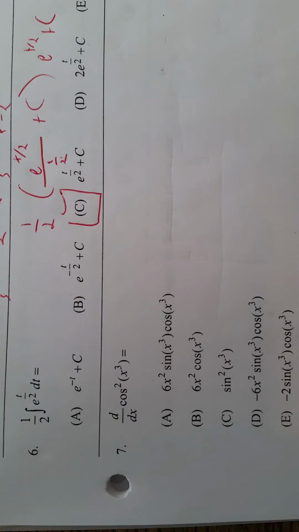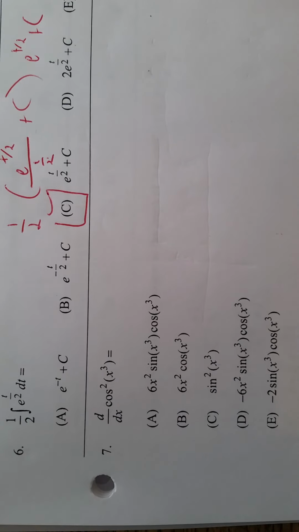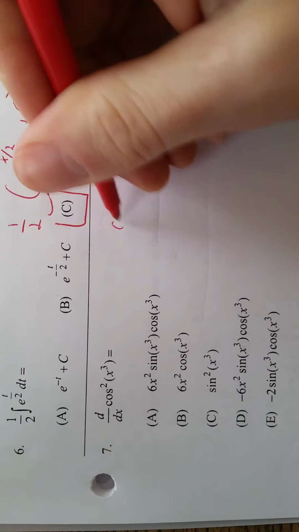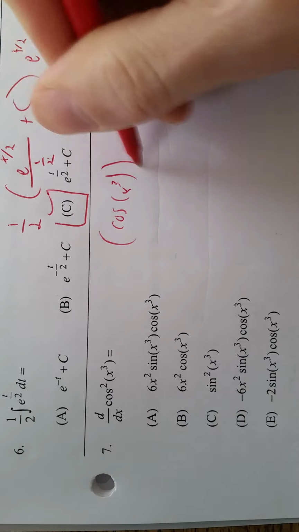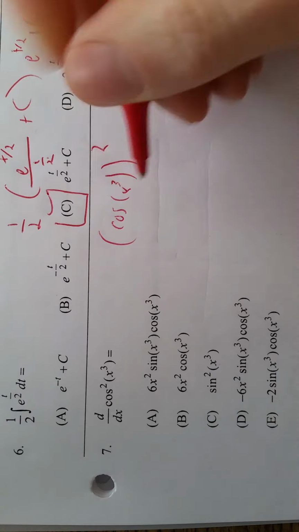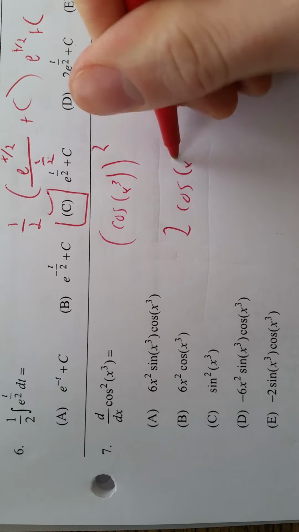Okay, 7, this is just flat out what's the derivative. First things first, just rewrite it, right? So you want to be, just think about it like that. It's going to make your life easier. So now 2 comes down, 2 cosine x cubed